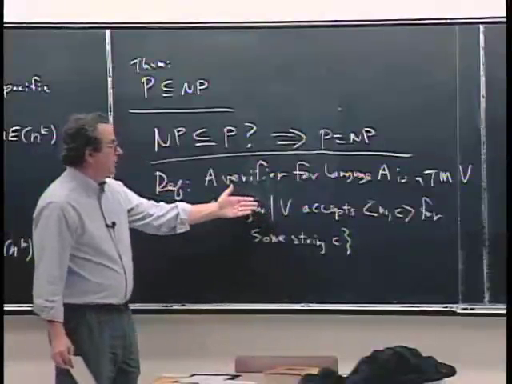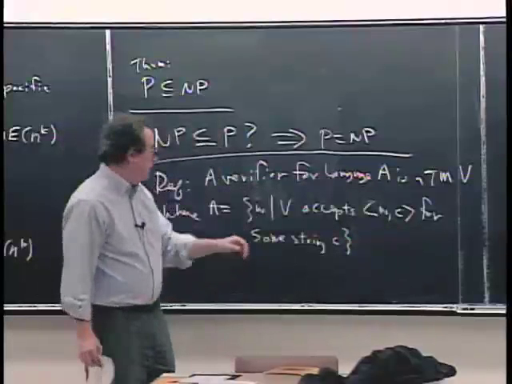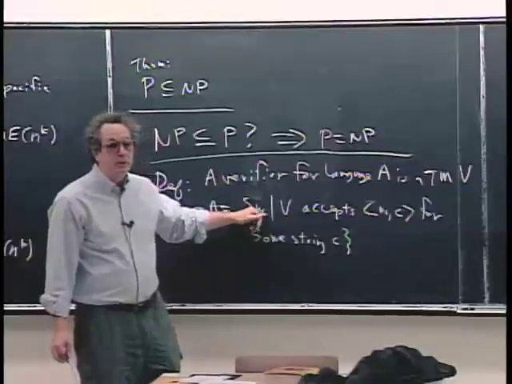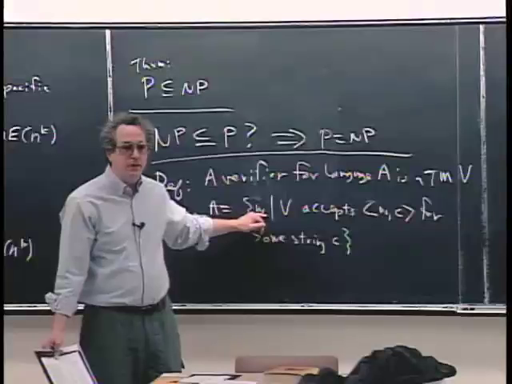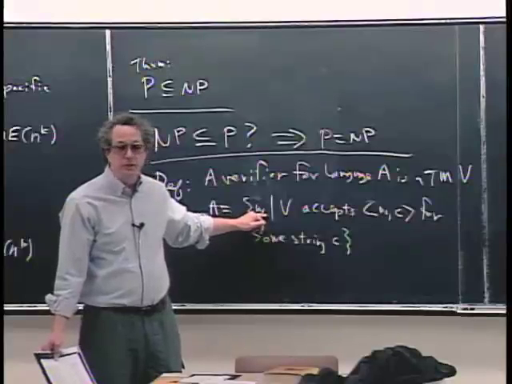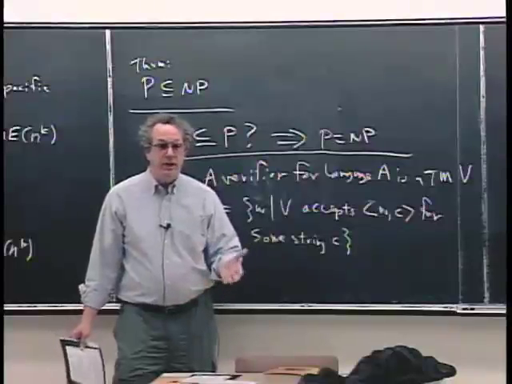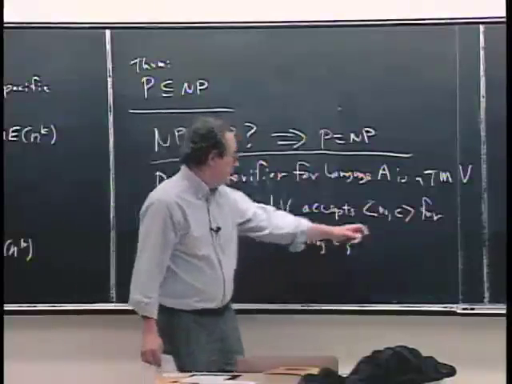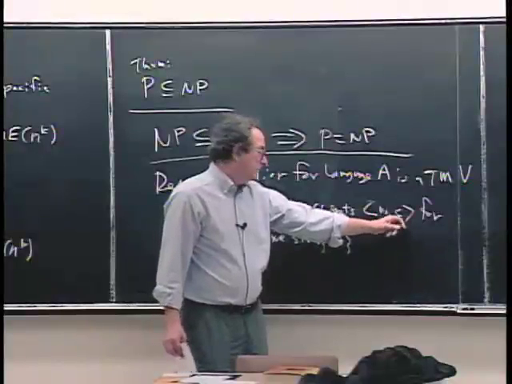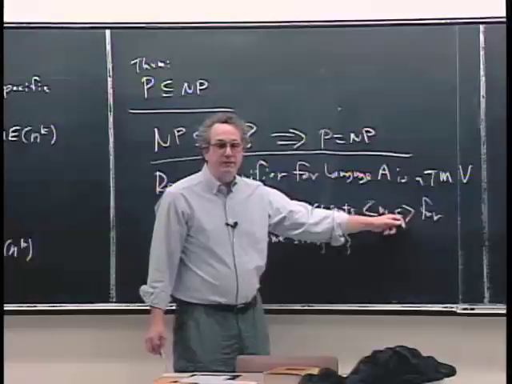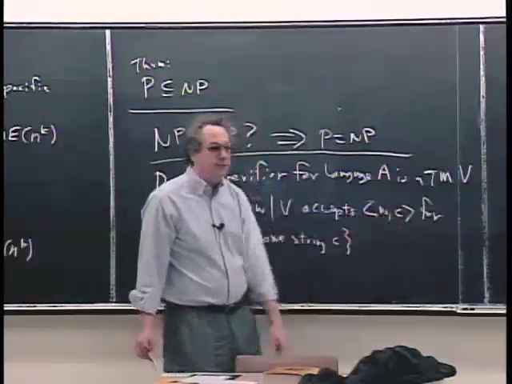Normally, when we want to decide a language, input to that Turing machine are strings which may or may not be in that language. And then the Turing machine says accept, yes, that means it's in the language, or reject, that means it's not in the language. But a verifier actually gets an additional hint or help. A verifier gets this additional string C. And we'll talk a little bit about where C comes from, but in the definition, you don't need to know where C comes from. It's just something that helps the Turing machine